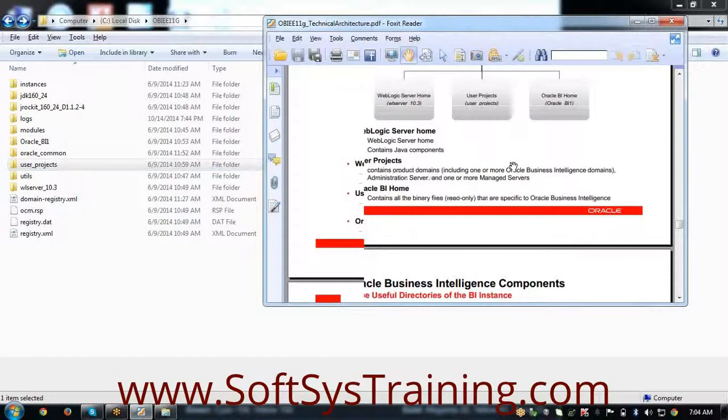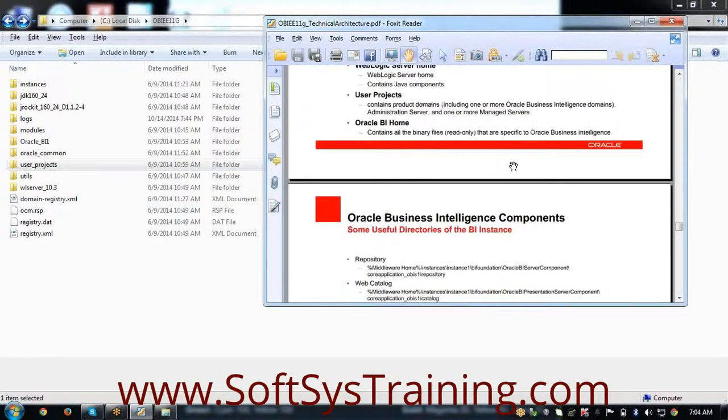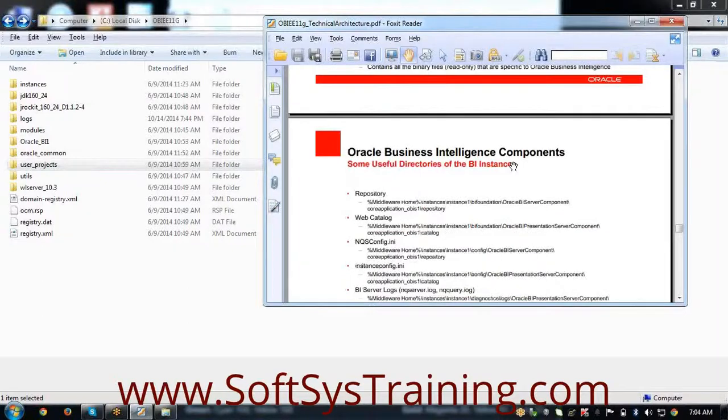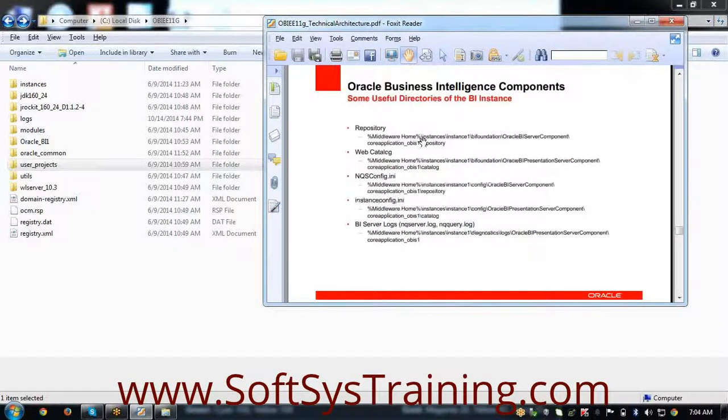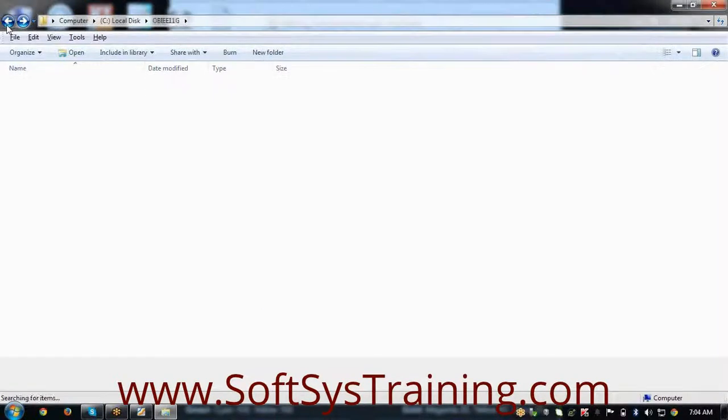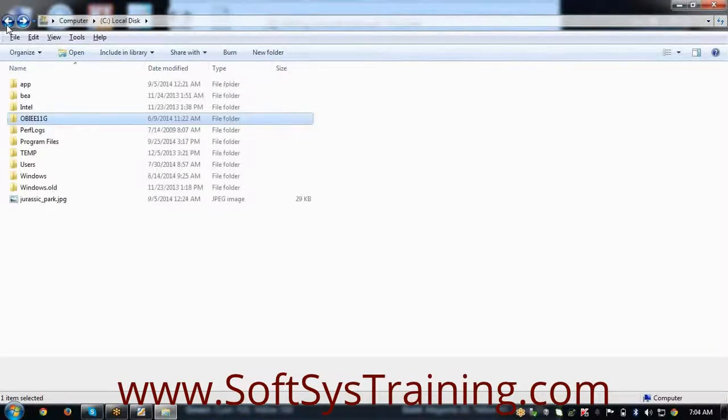Okay. So next is the location of important directories. First one is repository. So there is a default folder to store all the RPD files.